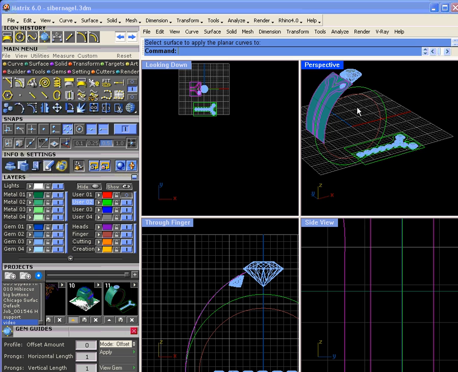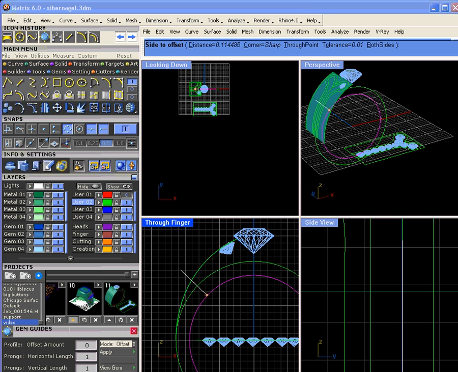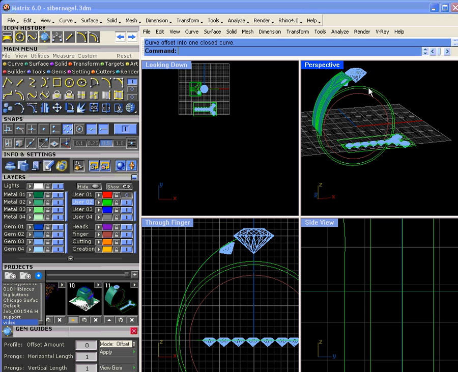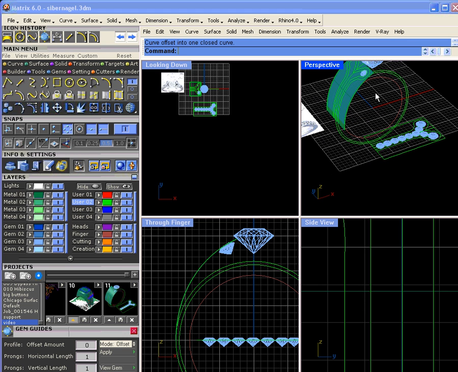Let's see here. We need to go here and offset this according to your dimensions. 1.5. Okay. So there's the inside one. Let's see, what do I got out here again on red? It doesn't matter. Alright, we'll make the inside one red. The outside one is,